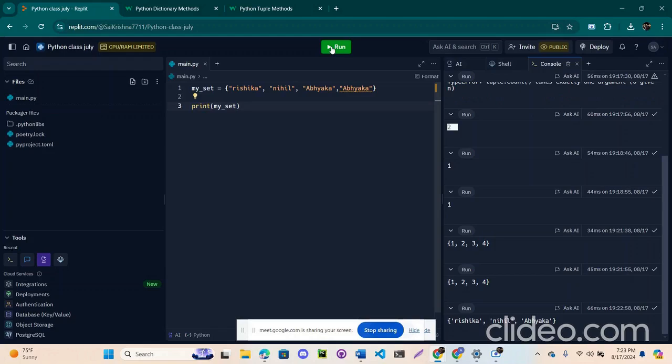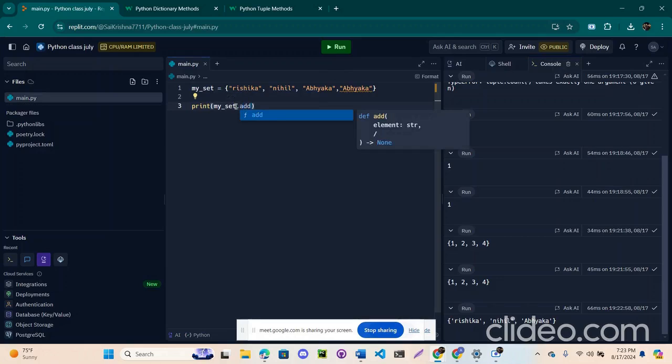Now, you have collected all those details, and if you would like to add a few more names to this collection object, how can I do that? I use something called the add method to add a name to it.